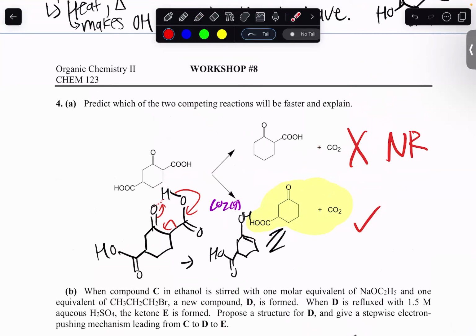The top one here, this carboxylic acid is not going to be able to do hydrogen bonding with the carbonyl oxygen here because it is too far away. And even if it's able to do so, it will not be able to form an enolate or enol because